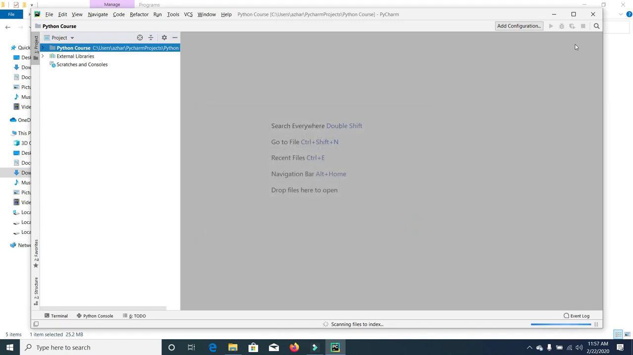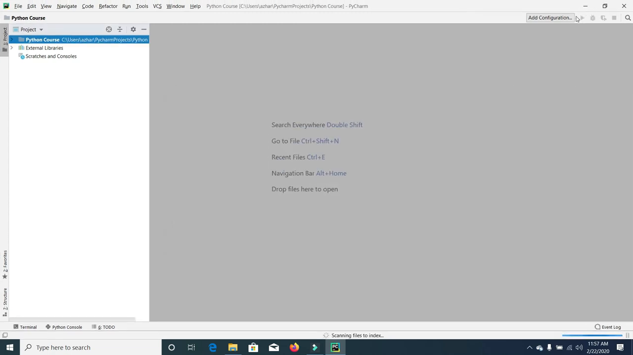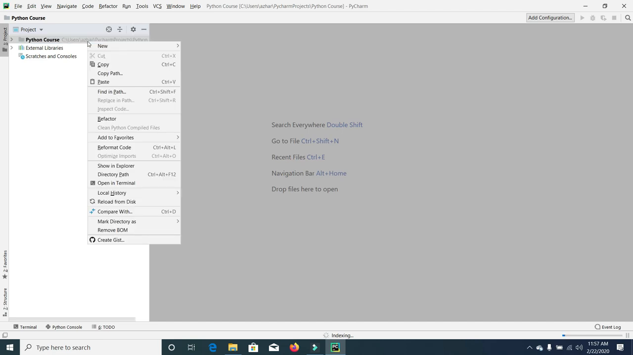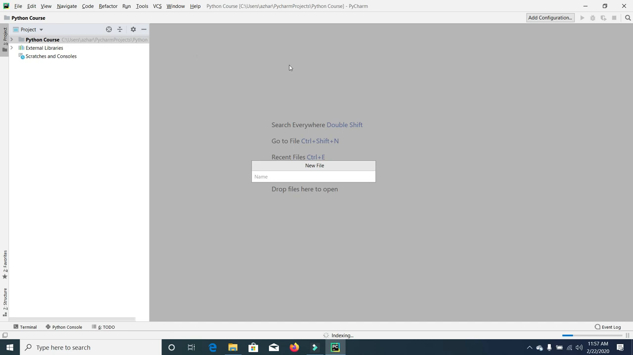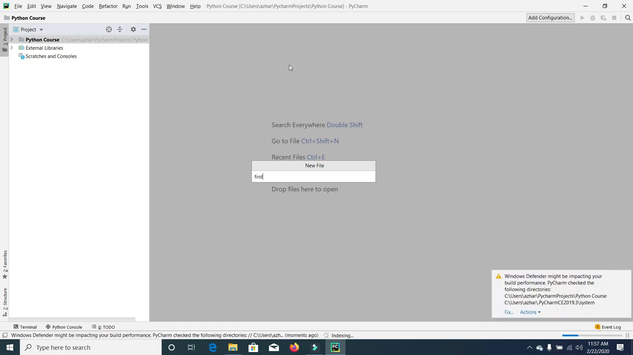These are tabs, close it, and here this is our code editor. So this is only our project folder. We do not have any project file inside it. So I will create a project file. Right click on this and click on new file. For example, I will name it first file,